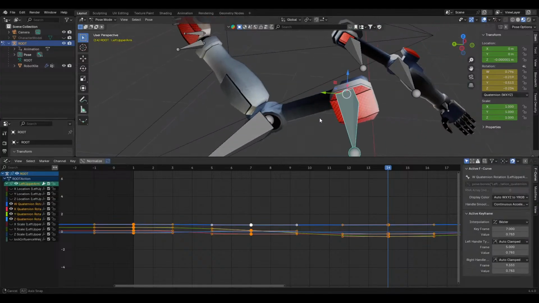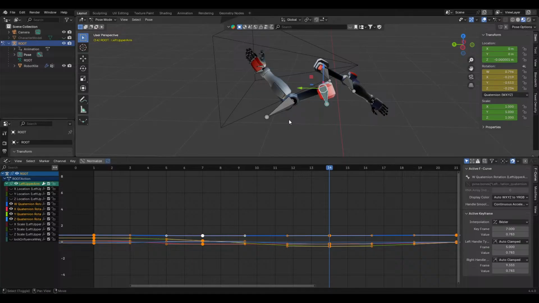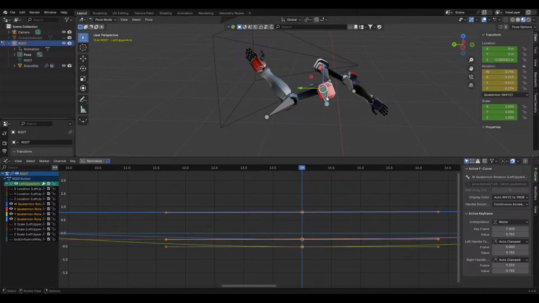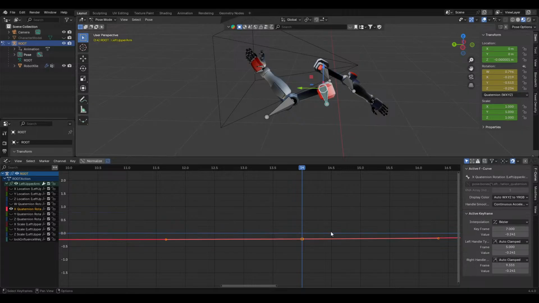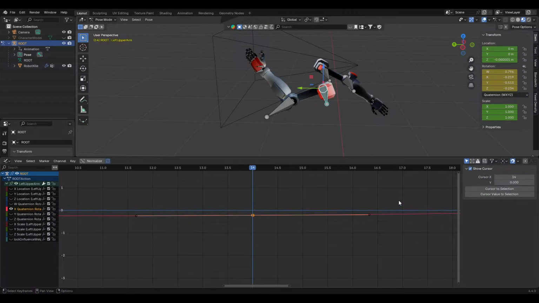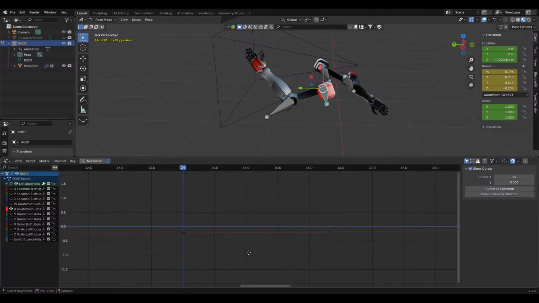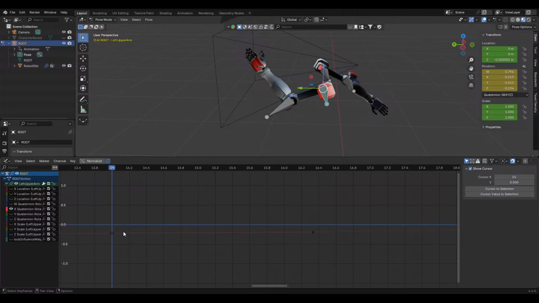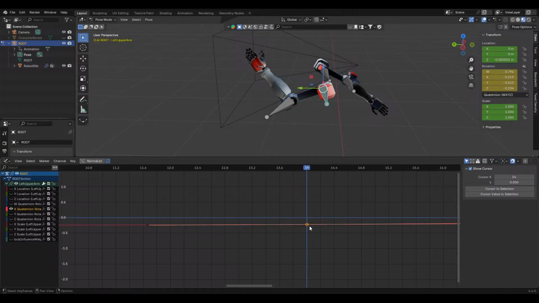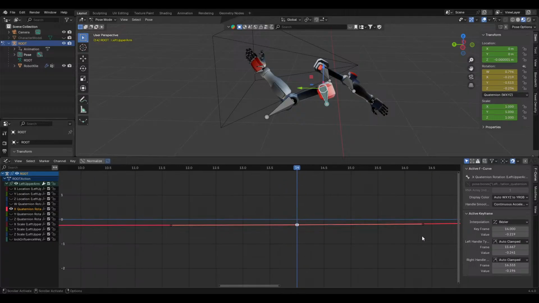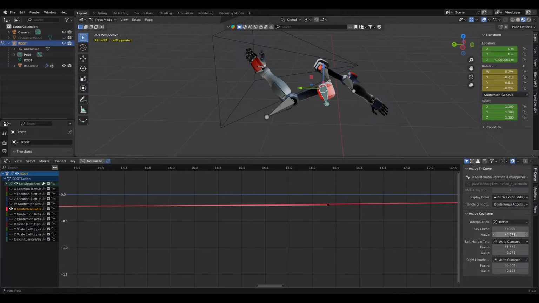Okay, so when it reaches the top, which is frame 14, and we look at the X rotation here, let's hide everything else. It's flat, right? There's a line. This is going down, but it's a linear line, so it's a straight line here and a straight line back out. If we added in some smoothing, which it's already on Bezier, we just need to actually smooth it more,